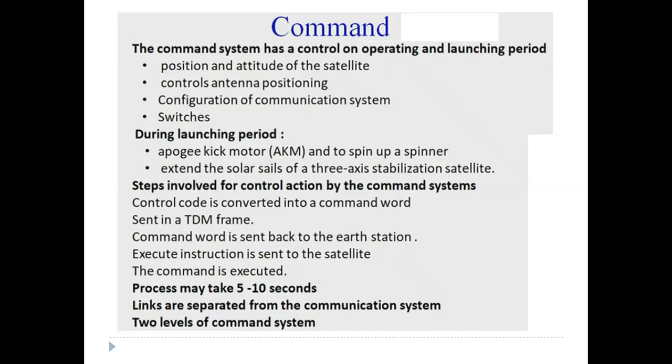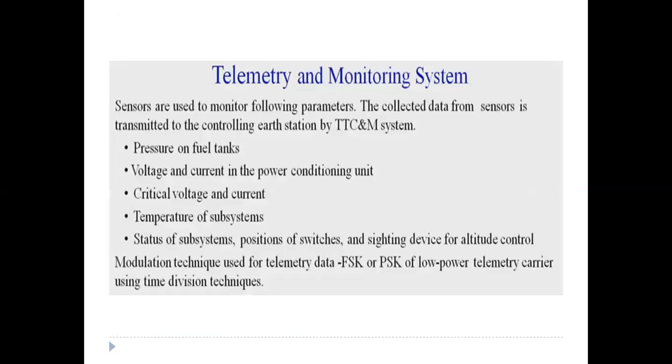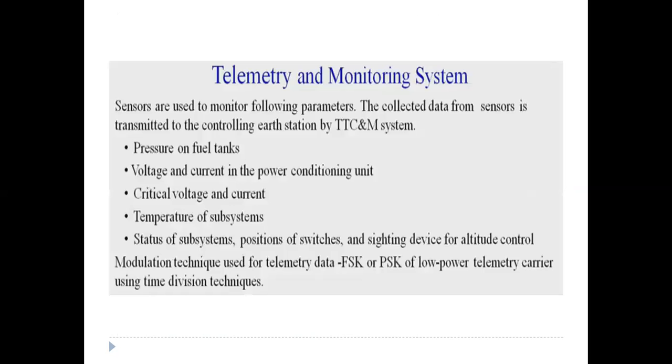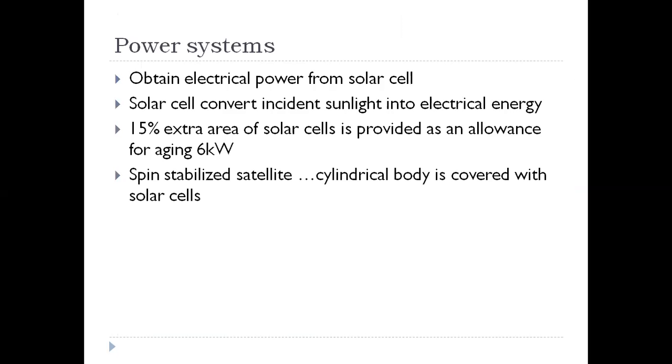terminal of the computer. The control code is converted into the command word, which is then sent in a TDM frame to the satellite. After checking for validity in the satellite, the word is sent back to the control station via the telemetry link, where it is checked again in the computer. If it is found to have been received correctly, an execute instruction will be sent to the satellite so that the command is executed. The entire process may take 5 or 10 seconds but